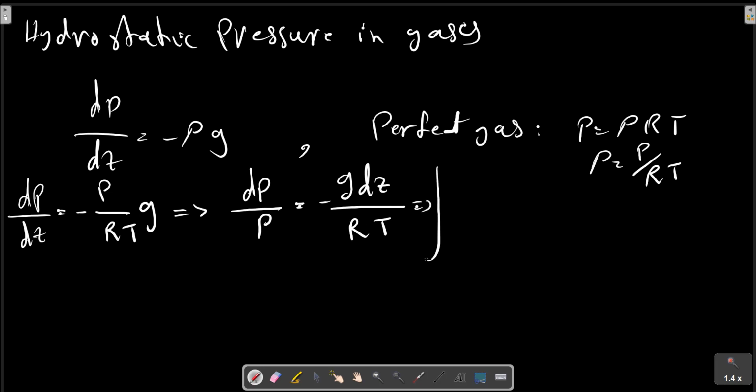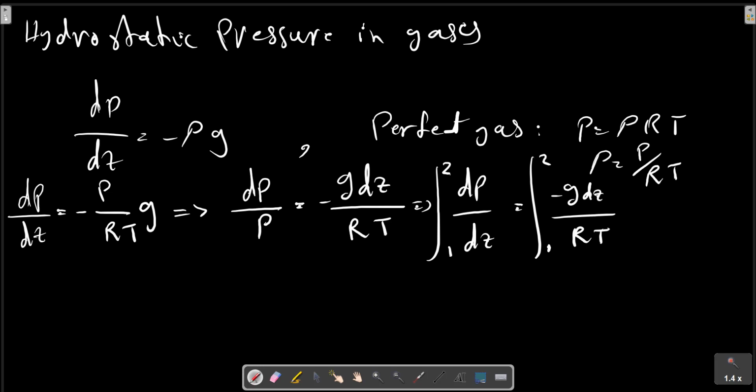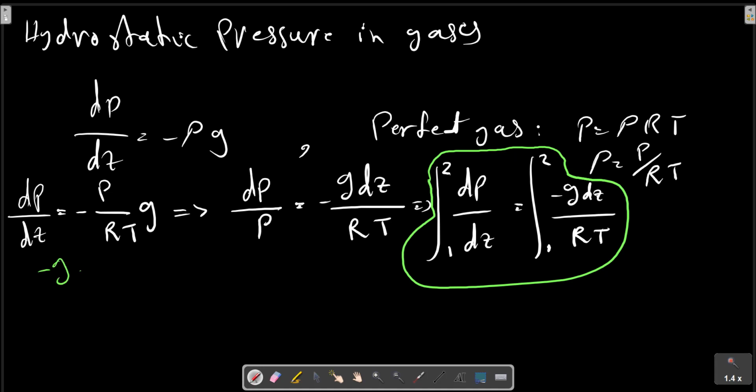In this case, between points 1 and 2, we have dP over P equals minus g dz over RT. This relation is the hydrostatic condition for gases. The integral over z requires an assumption about the temperature variation. One common approximation is the isothermal atmosphere, where T equals T0. So in this case, if g is constant, and also R is a constant, we can write,